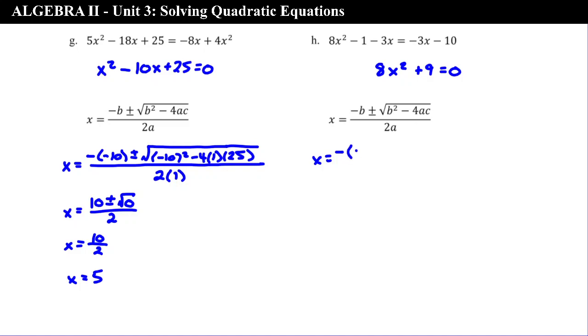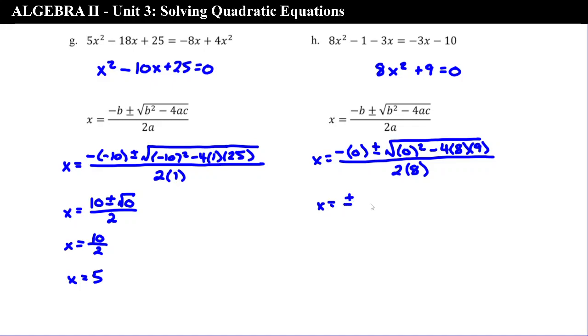So b here is 0, plus or minus the square root of 0 squared minus 4a, which is 8, and then c, which is 9, all over 2a. So a is 8 here. All right, well, this front term goes away, so we're just going to be left with plus or minus the square root of, when you do the calculation under the square root, you end up with the square root of negative 288